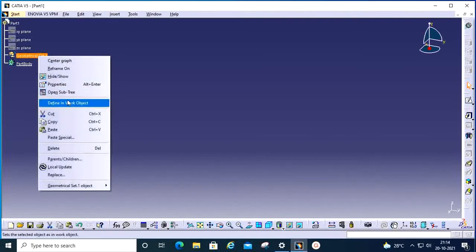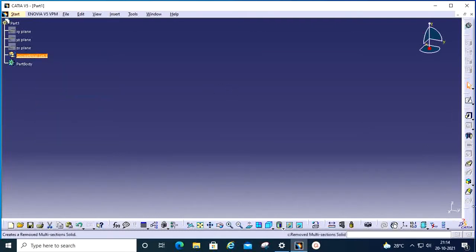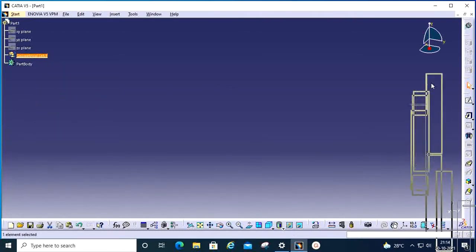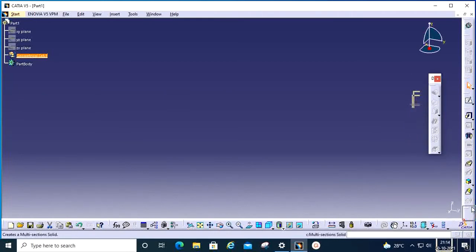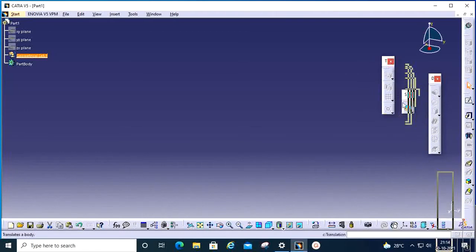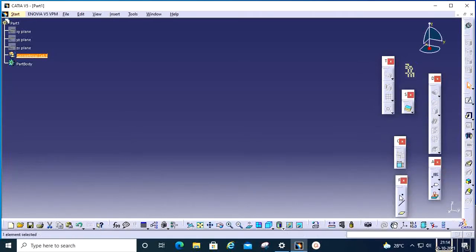So define this one, and you need to create the points. Most of the features or tools will be hidden under this one, so you need to take out all these things. Here you can find point.